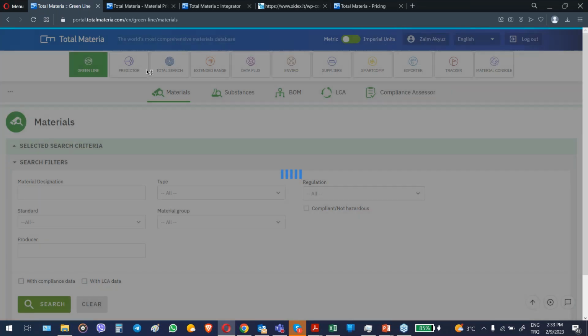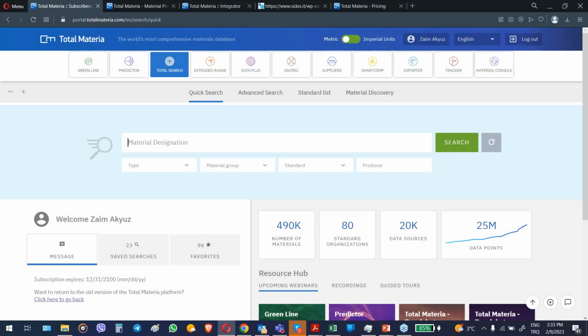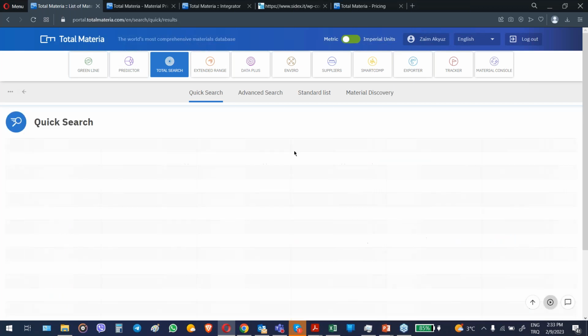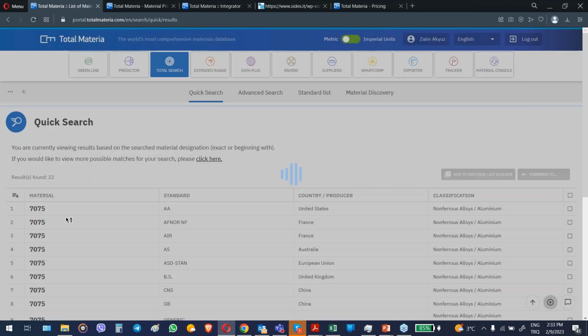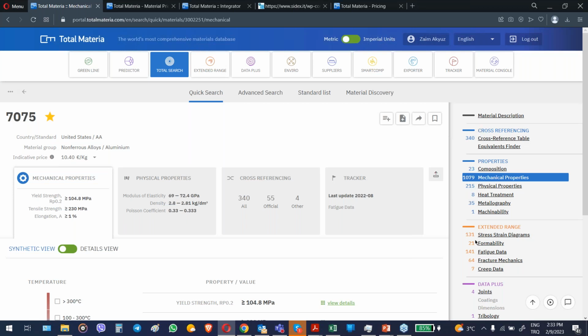Here we go. We have more intelligent, faster, and accurate material data. You can see 700,000 materials, over 25 million data points. It remembers your last searches. Let's say I choose one specific material, and this right hand side will show you all details about the material,